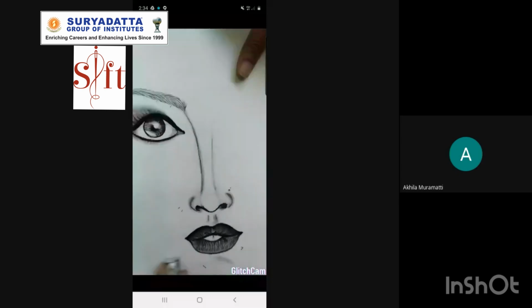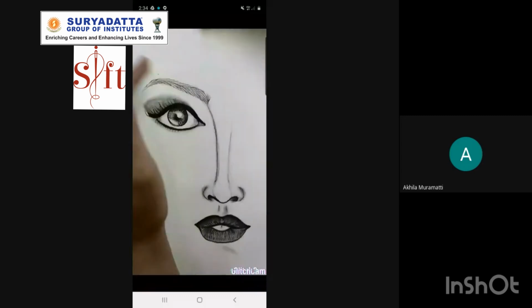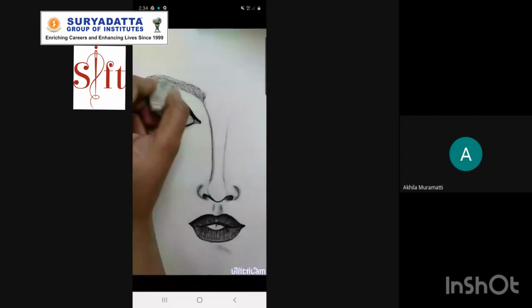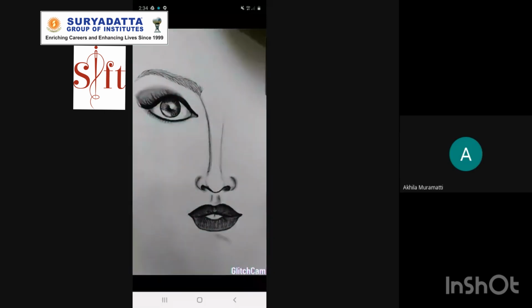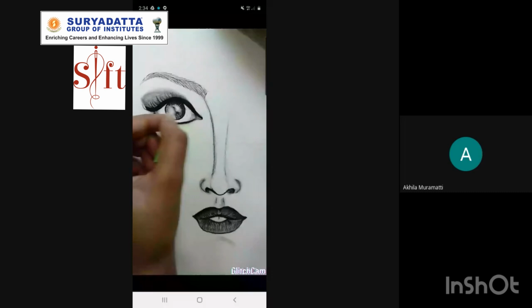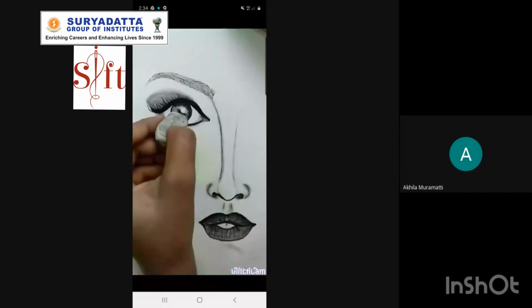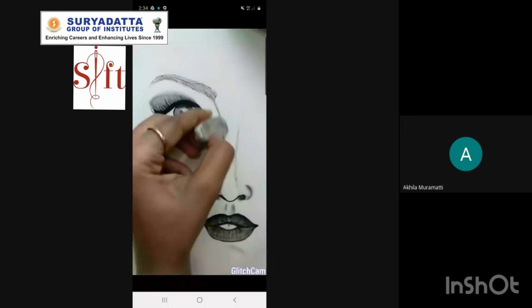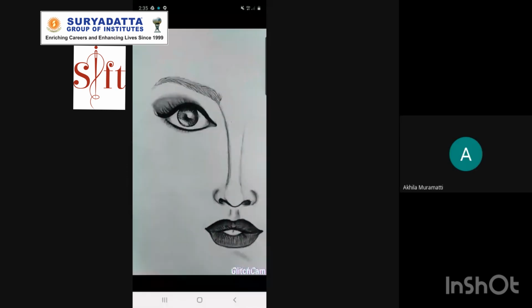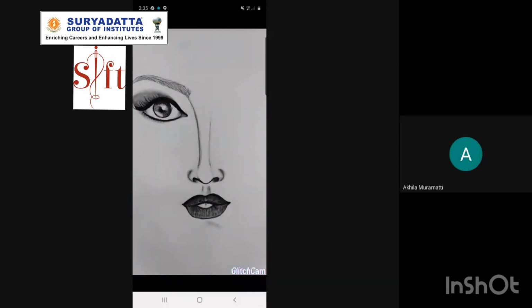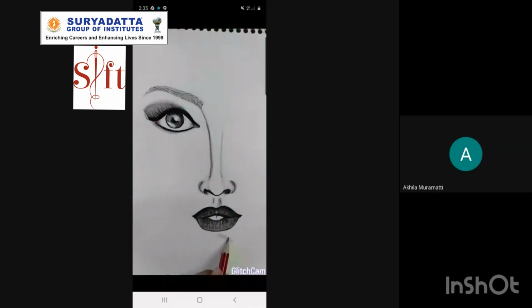I'm comfortable with this one. So here is the half portion of my portrait. Don't use your hand to remove the eraser dust. Please use a brush.